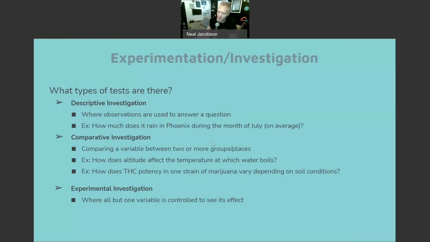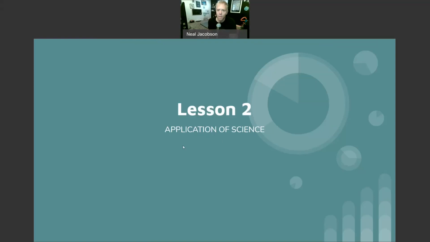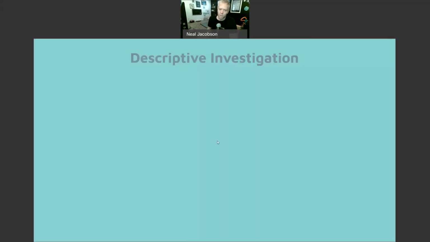It could be blood pressure. It could be the ability to be infected by a virus, such as in a vaccine trial. And so what I could say is, what is the effect of this blood pressure medication on people's blood pressure? And in this particular case, you would definitely need to have a control group or a placebo group, one that receives something that looks just like the medication but is completely inert. Let's take a look at how these are applied in a more detailed way.